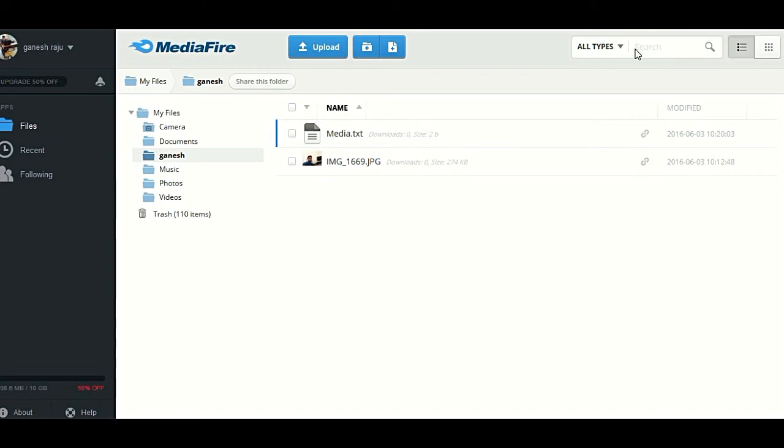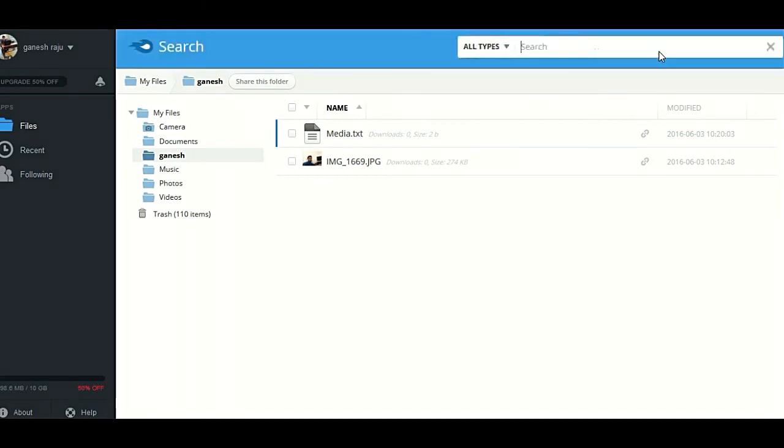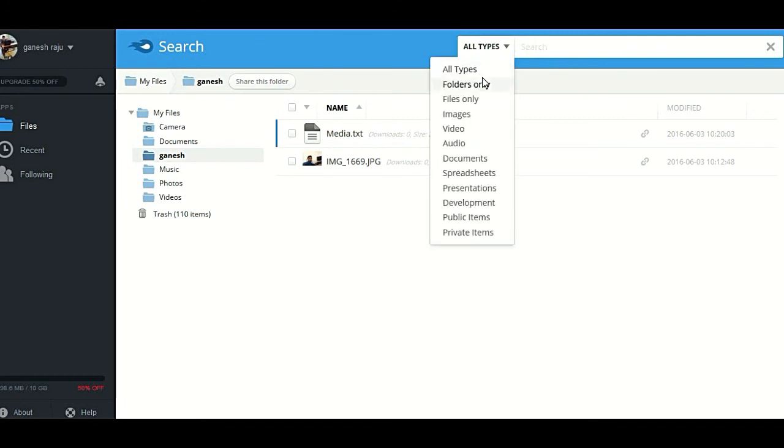Okay guys, and you can search your files with this search bar. You can select the type: media, images, audio, documents, spreadsheets, or presentations, whatever it may be. You can search on those functions. So in your MediaFire account, if you have many files, at a time we can use this feature also.